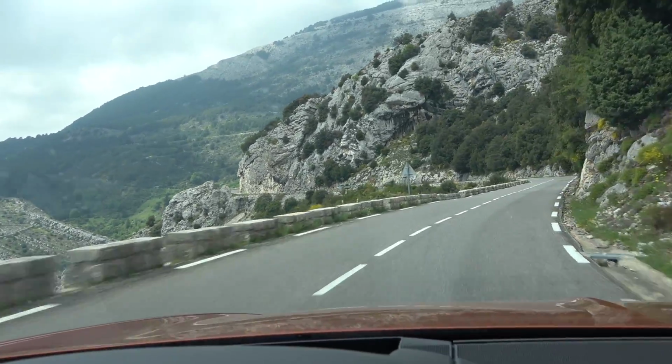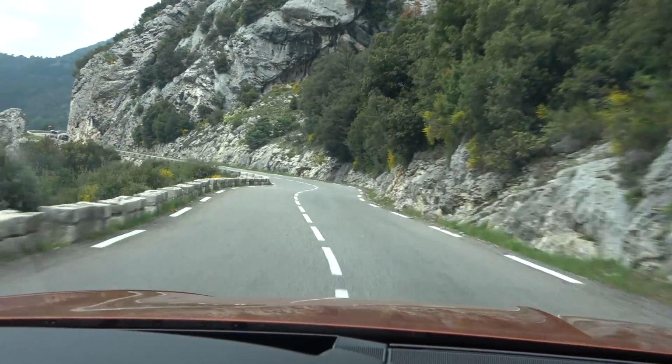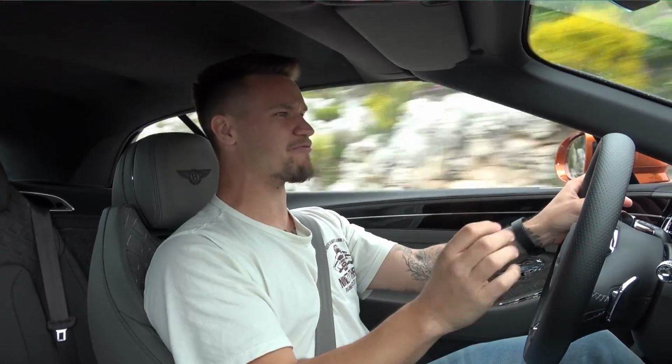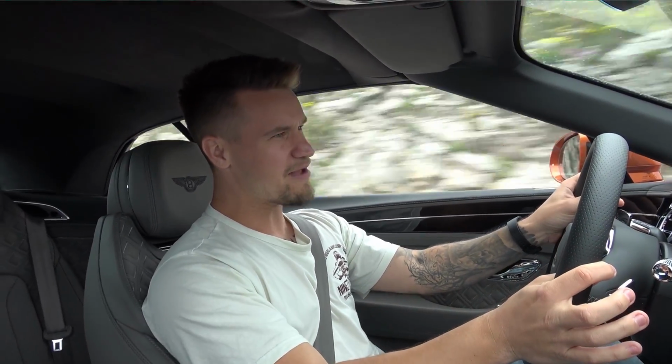Even though it weighs 2.5 tons, there are all sorts of exhaust noises that are coming out the back and the front. So we've got burbles coming out the back, and we've got this blow-off valve type noise coming up from the front, as if like when you let off. There's a whistle, there's a lot going on, and climbing this mountain